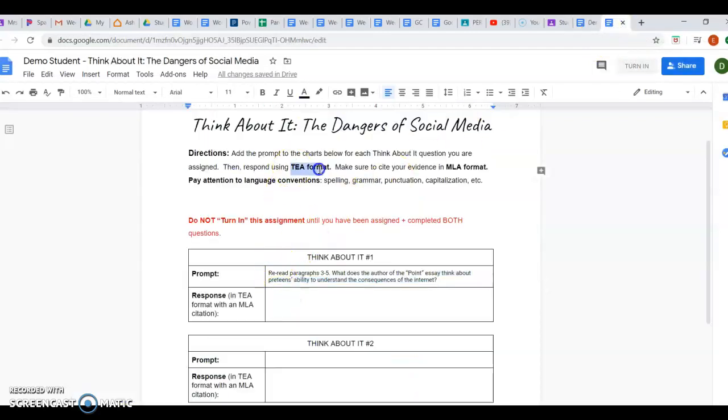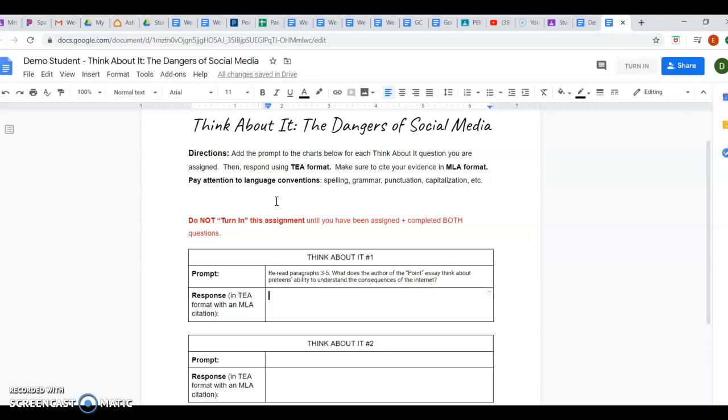Once you've read those paragraphs, now you can start your response. Remember, it needs to be in TEA format, and your evidence needs to be cited in MLA format. Topic sentence, evidence sentence, analysis sentence. For your topic sentence, you're simply going to restate the question first and then answer it in your own words. So to restate this question, the question is, what does the author of the point essay think about preteens' ability to understand the consequences of the internet?